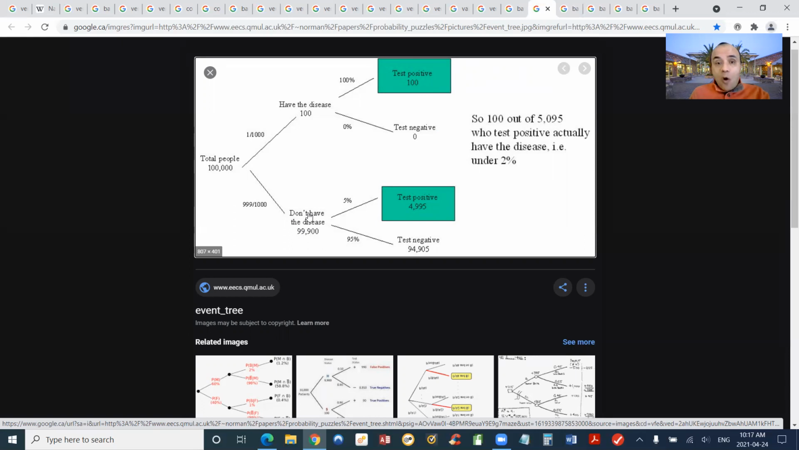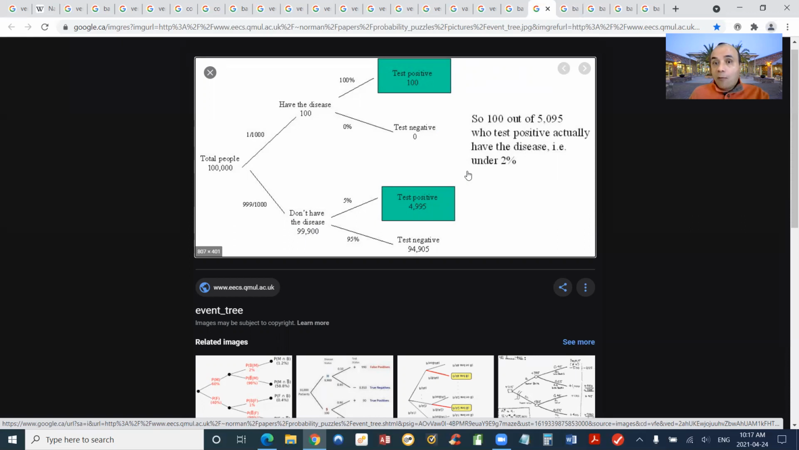So if I ask you how many people are going to test positive, what would you say? You're going to say 100 test positive, rightly so, from this branch, this pathway, and then 4,995 from this pathway. And these two are going to add up to 5,095. You might say, wow, this is too big. You are right. Compared to 100, this is too big. But this is versus the large segment of the sample,